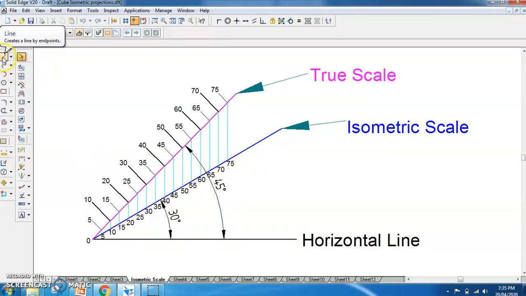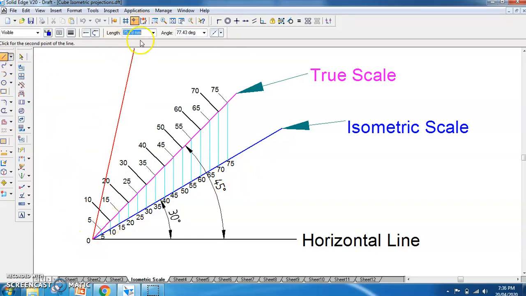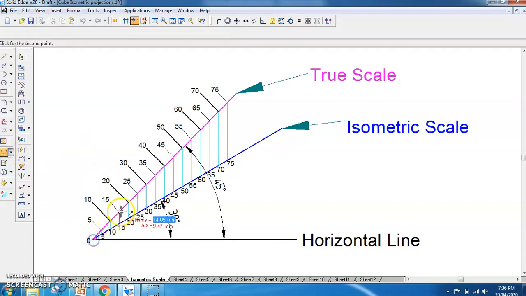Now if you measure from this point to this point, you can see the length here is 10 mm, and if you measure it on this line, it is 8.16. Similarly, here this is 20 mm, and from this point to this point on the other line, that is isometric 20.